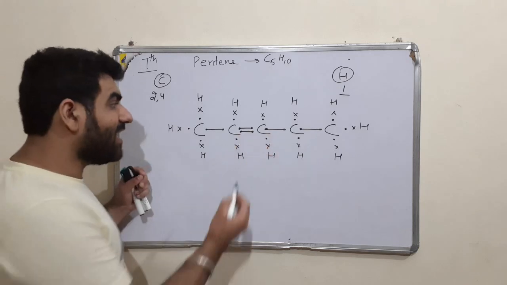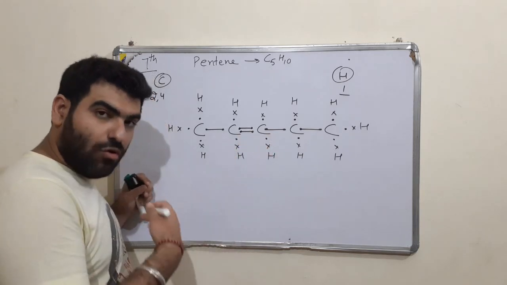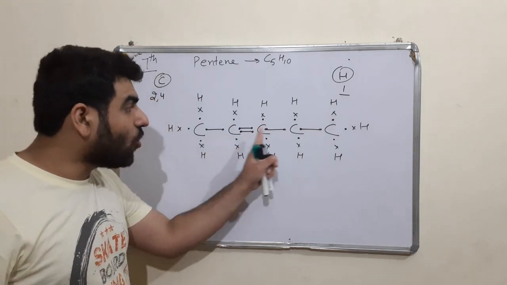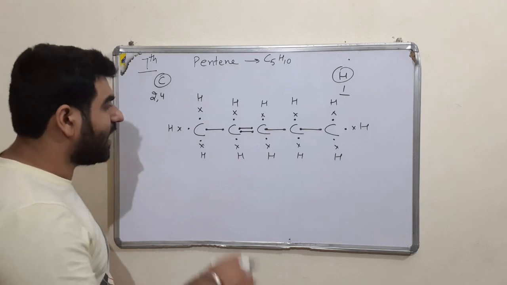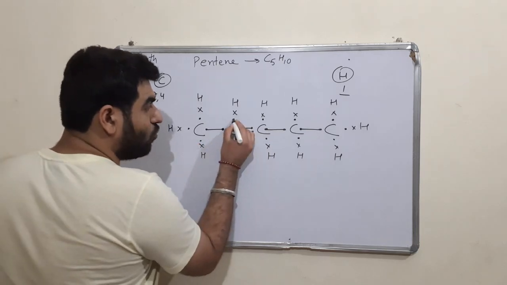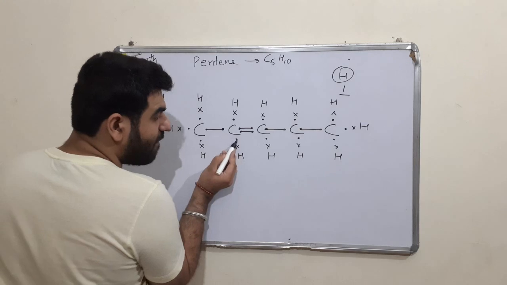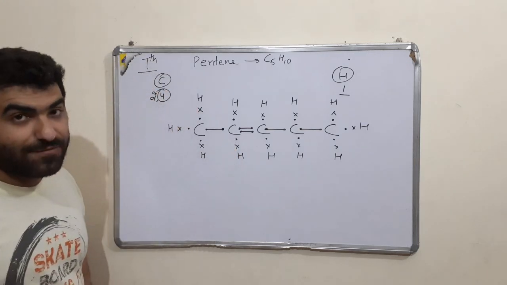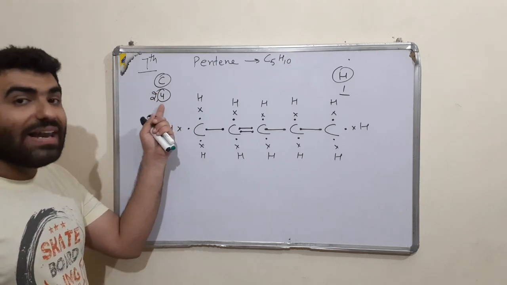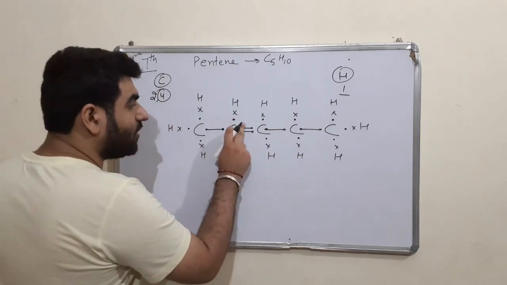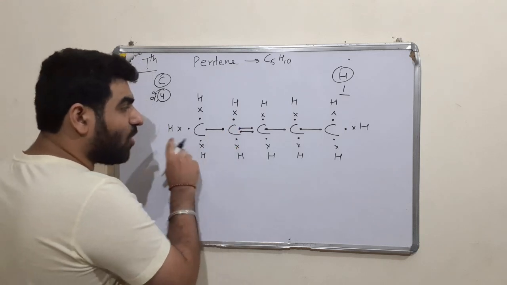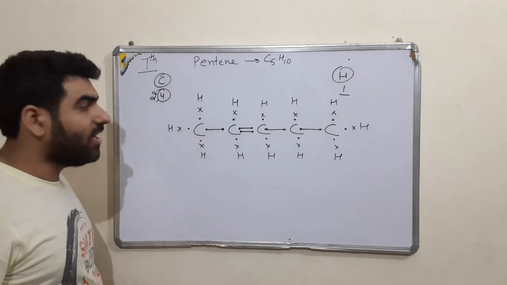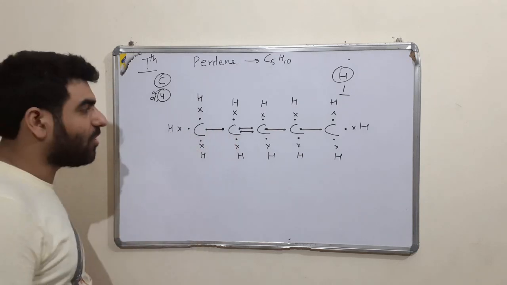In this bond, this carbon has shared one electron, and this carbon has also shared one electron. Now we check the valencies of these two carbons. 1, 2, 3, 4, 5. This can't be possible because the valency is 4. It cannot violate this condition. So 1, 2, 3, 4, 5. Now this bond cannot be broken because that is the ideal condition that carbon and carbon will lead to the formation of the self-catenation property.